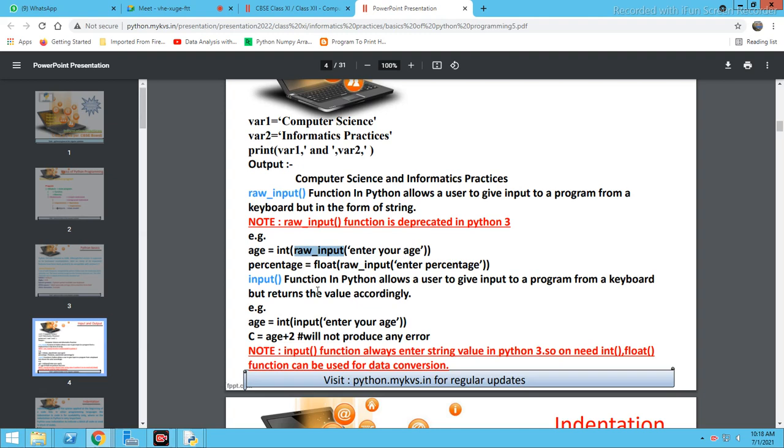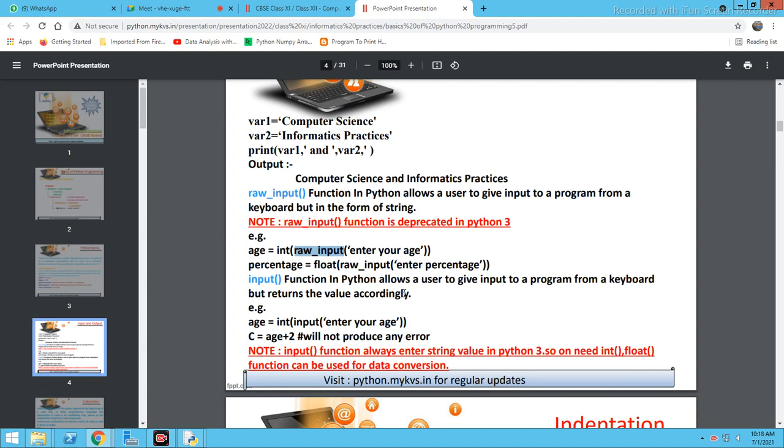The version used here is 2.7. Instead of the input function, there we have used raw_input. Now see, downside it is given: the input function in Python allows a user to give input to a program from a keyboard, but returns the value accordingly, right? Input function का use हम लोग input कराने के लिए use करेंगे और उसका output जो होगा accordingly आएगा, right?